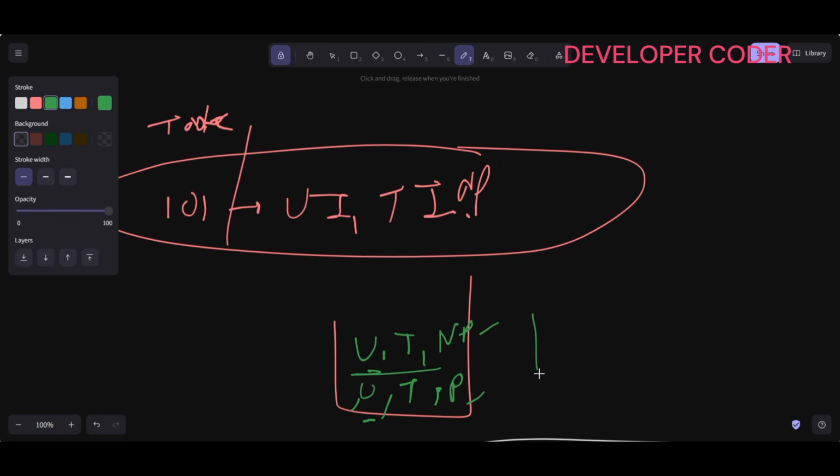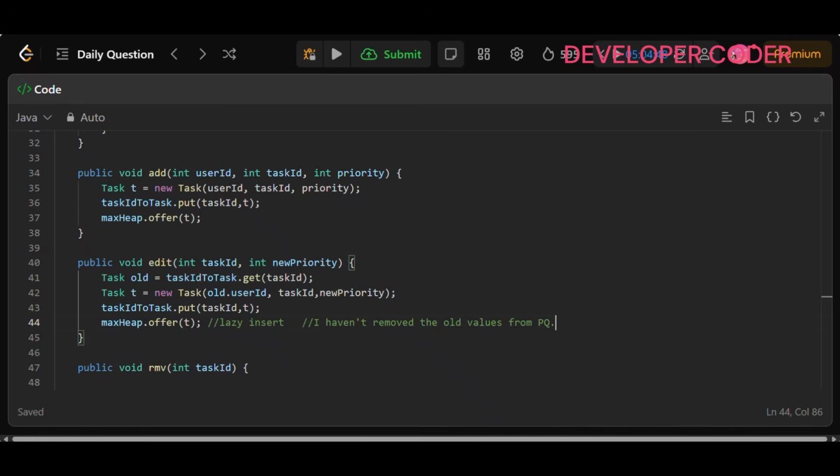Because for removing them I would have to check all the values in my priority queue, which is going to take O(n) time complexity. I don't want that. So I have both the values, but just note this point, I have both the values. So now here, if you see,